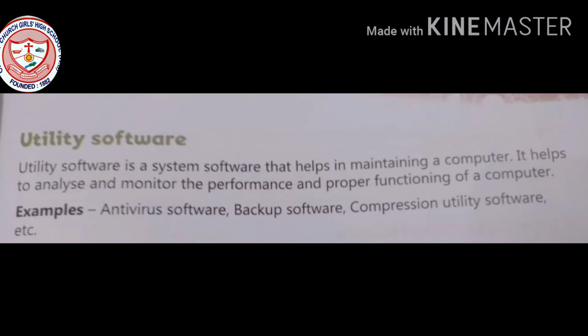Utility software. Utility software is a system software that helps in maintaining a computer.